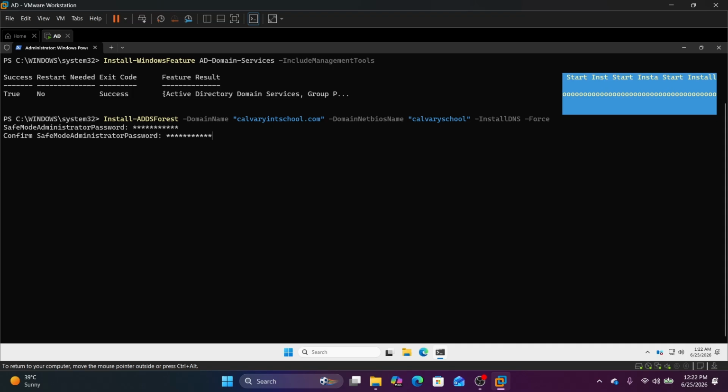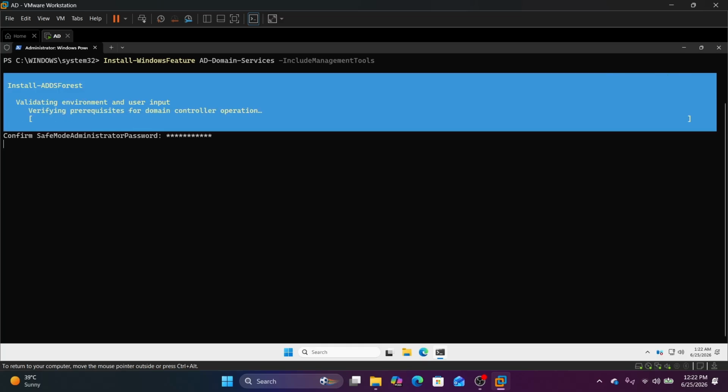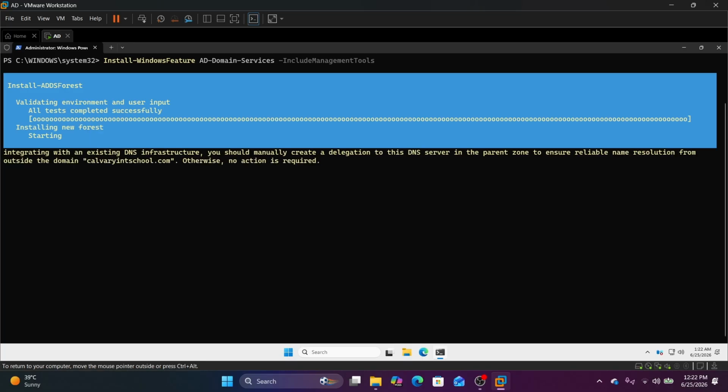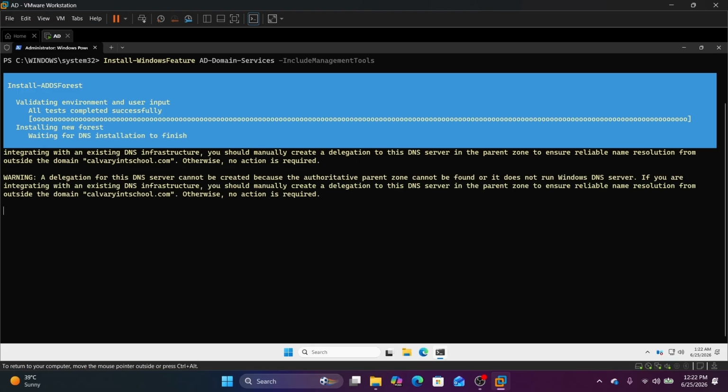Please, Microsoft has very strict password policies, so make sure your password is accepted, and don't put anything that will confuse you, or that you might forget. If you forget your password, it means we have not reached the point where we can recover it. If you forget now, you have to start setting up your server again. That wouldn't be nice. So let's kindly wait whilst our domain services